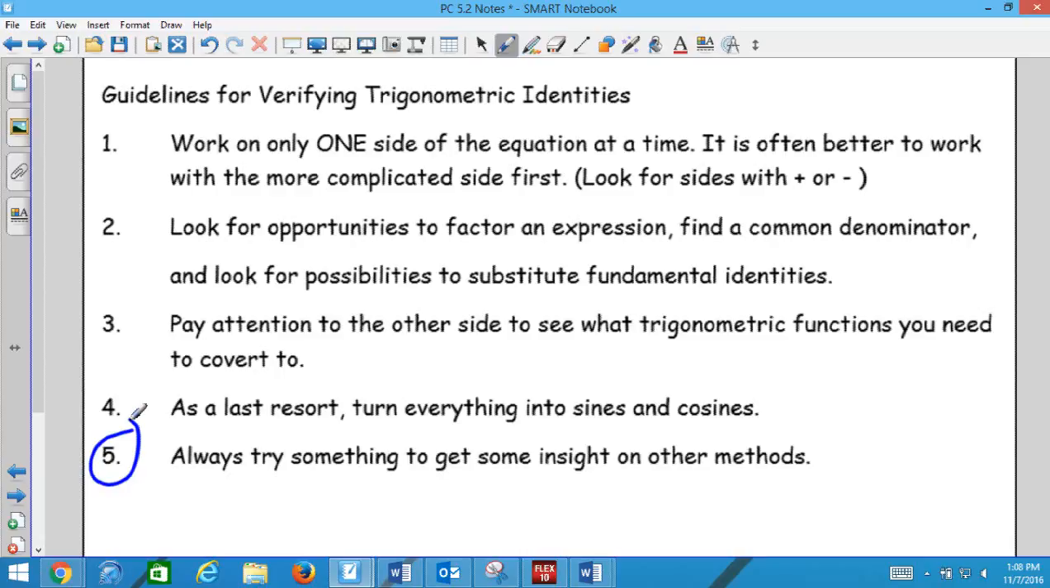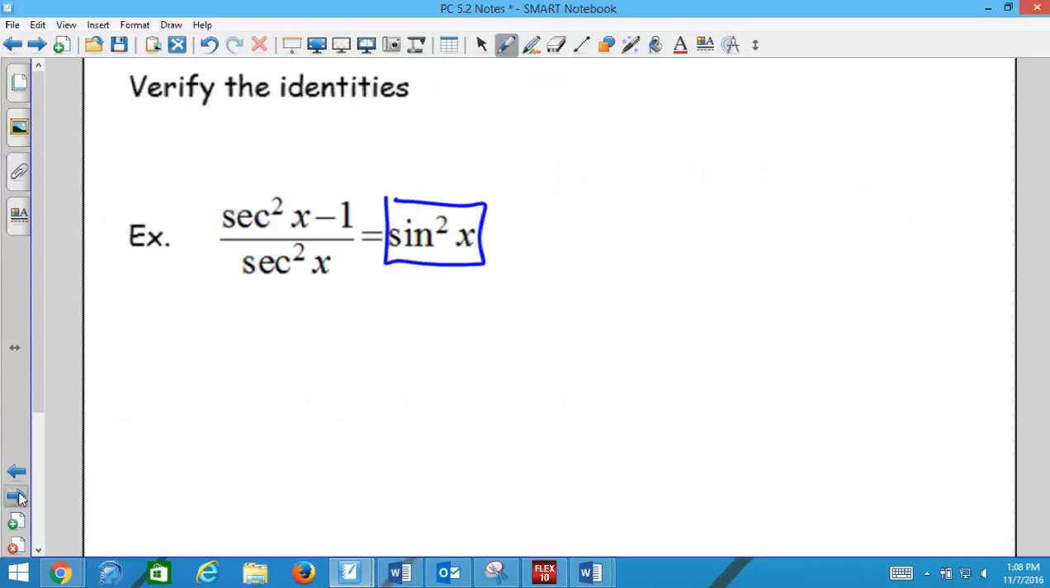All right. What we are trying to do is get the left side to say sin squared x by using all the things that we've learned in math. It is not okay, don't write what I'm about to write down. It is not okay to just do this